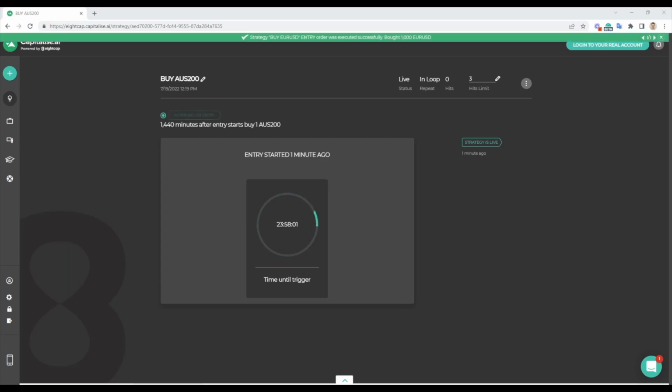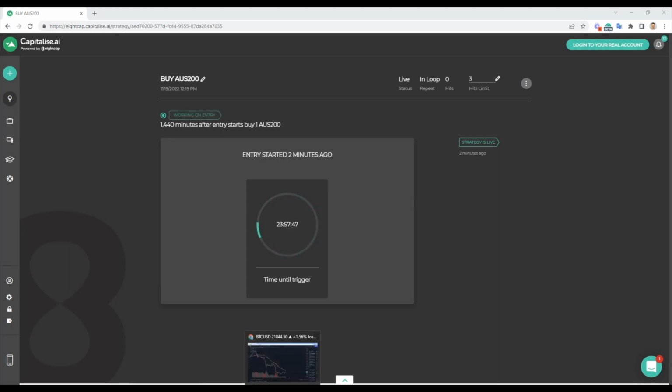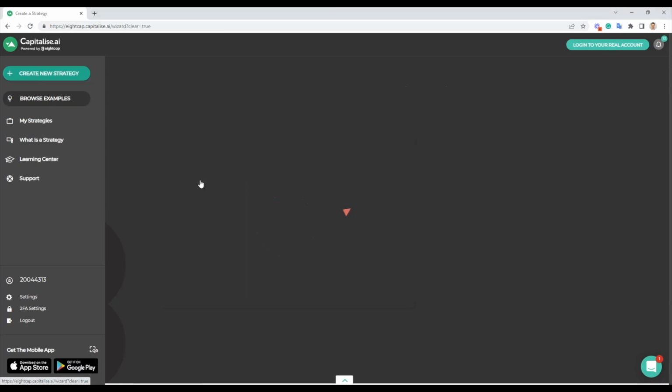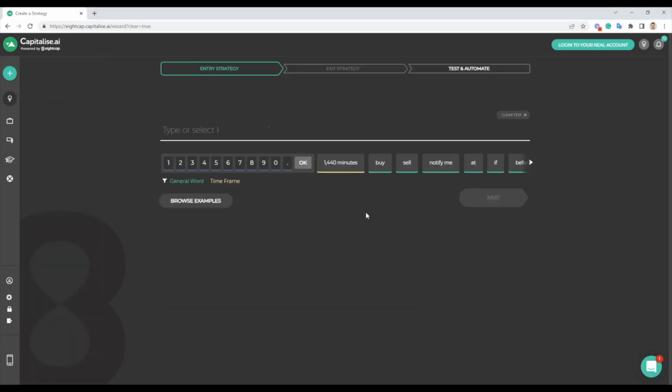Okay. Wonderful. So let's get moving on to our next strategy. Both strategies that we've run today have had no conditions. We've just looked at a chart, decided we want to average in, and we've averaged in. Now we're going to go ahead and create a strategy that has a condition. So let's have a look here.